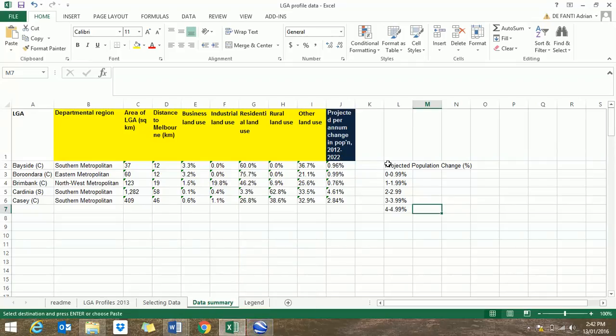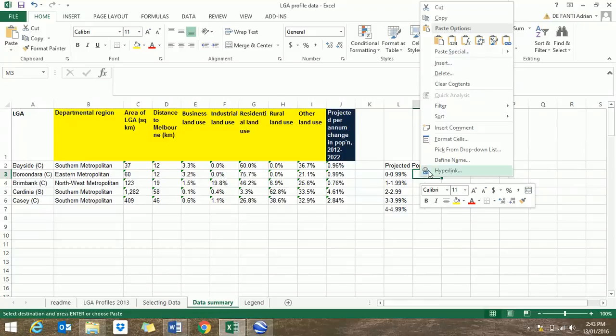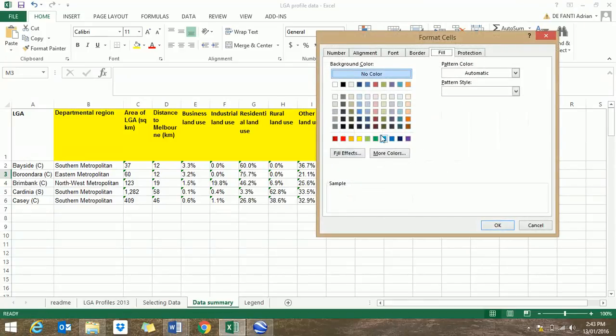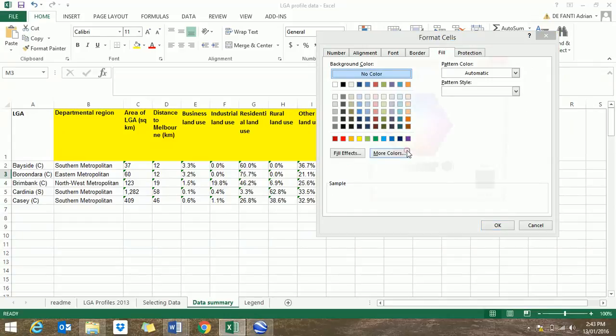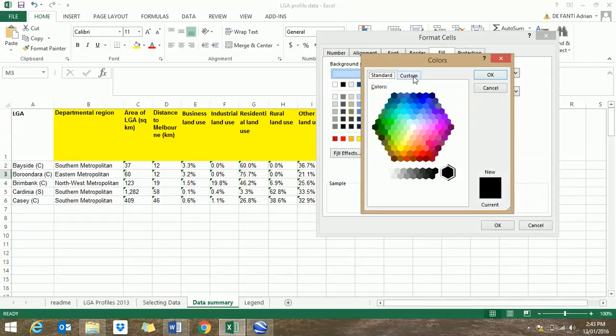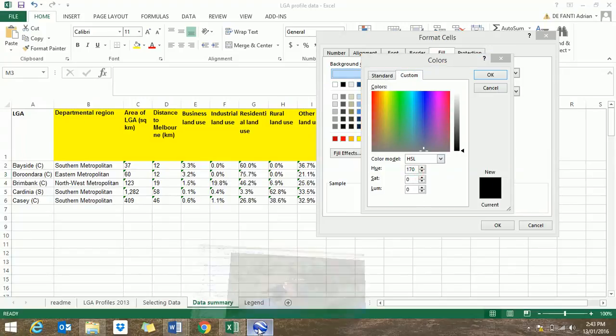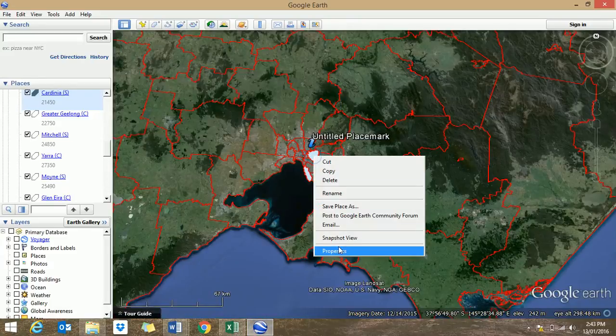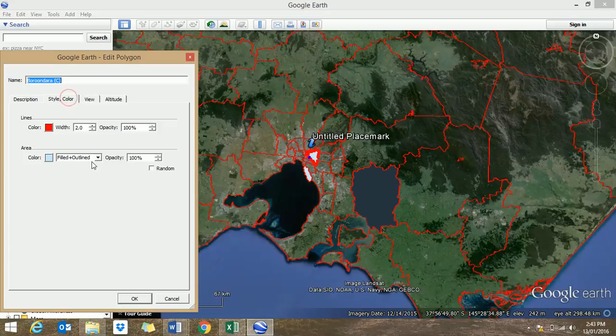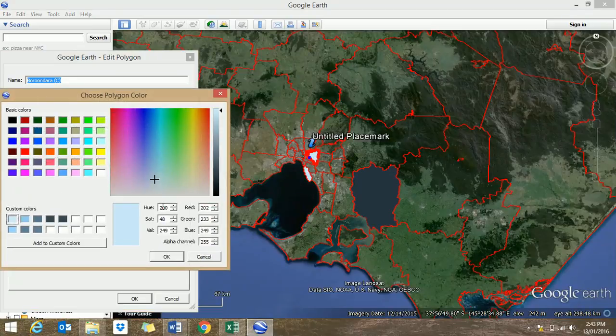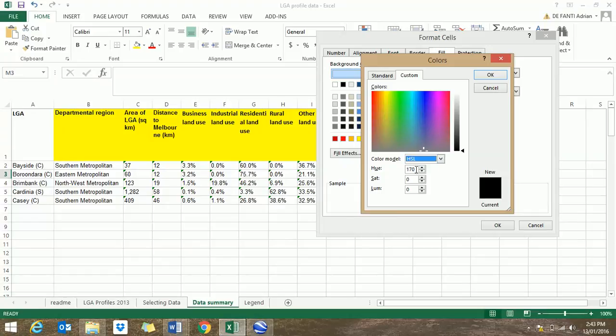So to build a legend in Excel, if you create a simple table here, you can colour in your cells here, right click, format cells, and you can choose the colours here, but if you want it to be completely accurate and use the same ones that you've used in Google Earth, you should go to custom and actually put in the numbers here. So for example, in Google Earth, for this particular colour, this one here, you've got the hue, the saturation, etc., the red, green, blue, all of those numbers. If you go then and type all of those numbers into Excel, so for example